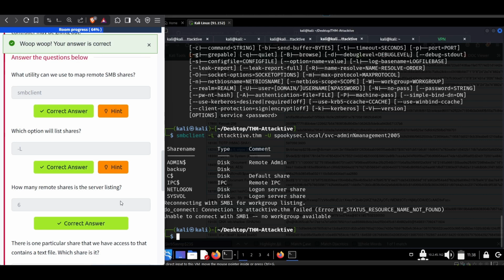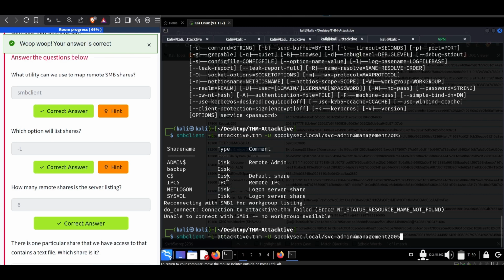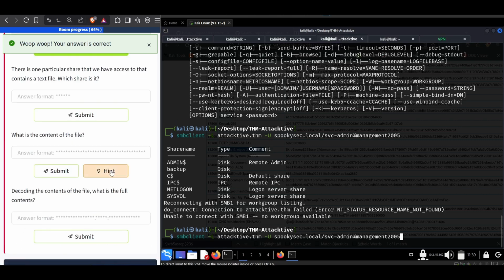There's one particular share that we have access to that contains a text file. The one we have access to, I don't know which one, but let's try backup because it doesn't have the dollar sign. So how do we list the share? Okay, we should use